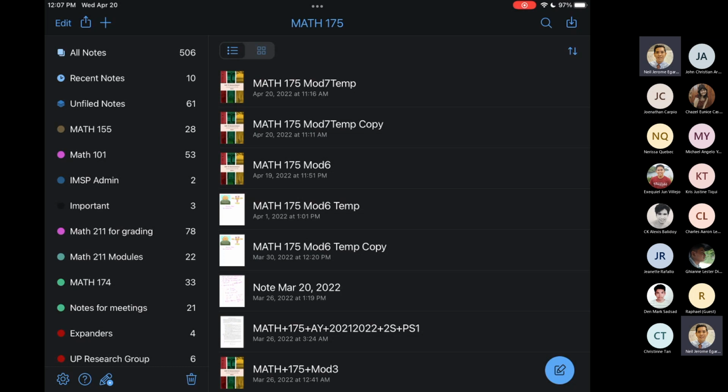Yung nasa module number 5 ay yung computations ng lambda sub n para sa fixed point iteration at para sa regula falsi. So if you're using the Newton-Raphson method, there's a different way for computing lambda n. Pero mayroon lang yung very slight difference. And you can say that that difference is negligible kasi yung lambda n ng Newton-Raphson, mag-approach yon sa asymptotic error constant. Eh, pagka ginamit niyo yung formula na nandun sa module 5 na para sa regula falsi at para sa fixed point iterations, yung lambda sub n nyo ay magkakaiba lamang ng isang term. So dun sa tunay na lambda sub n sa Newton-Raphson, parang mababawasan lang ng isa or ma-adjust lang ng isa